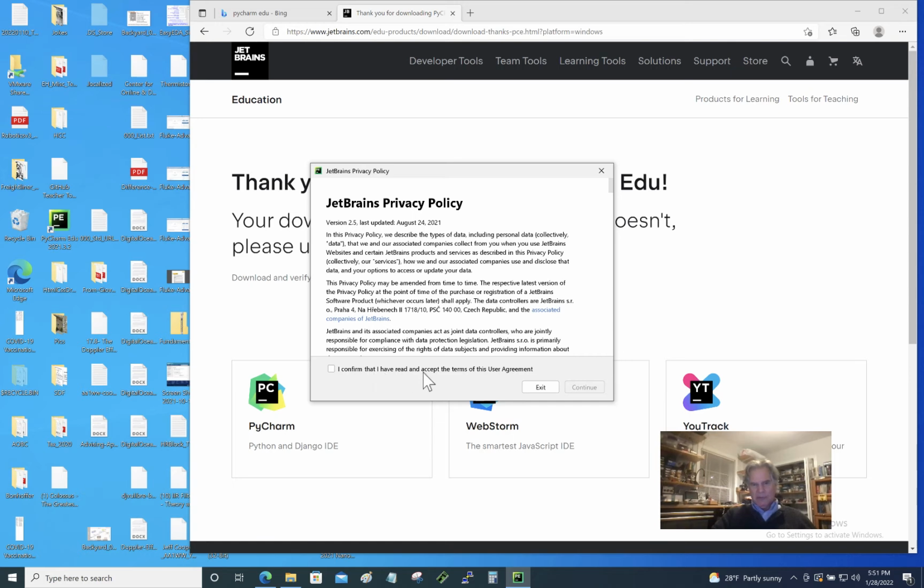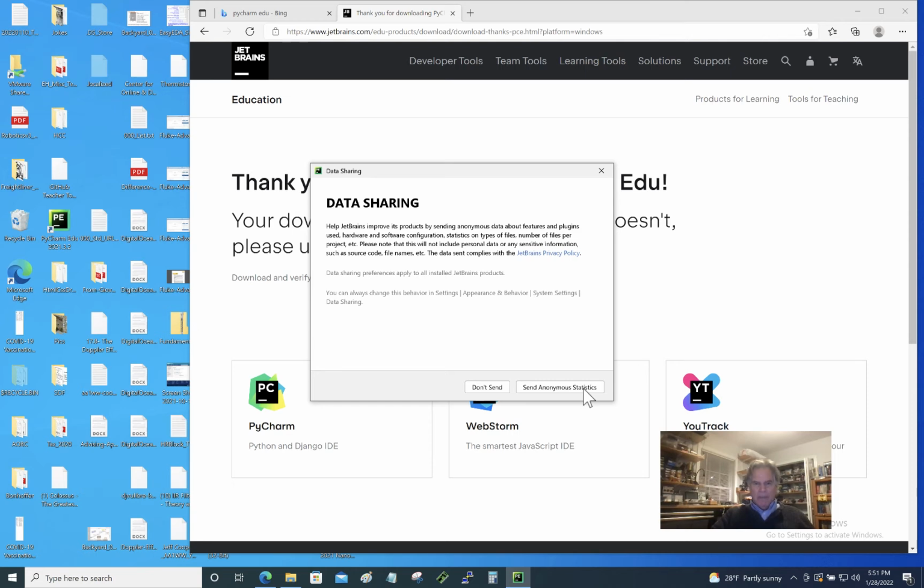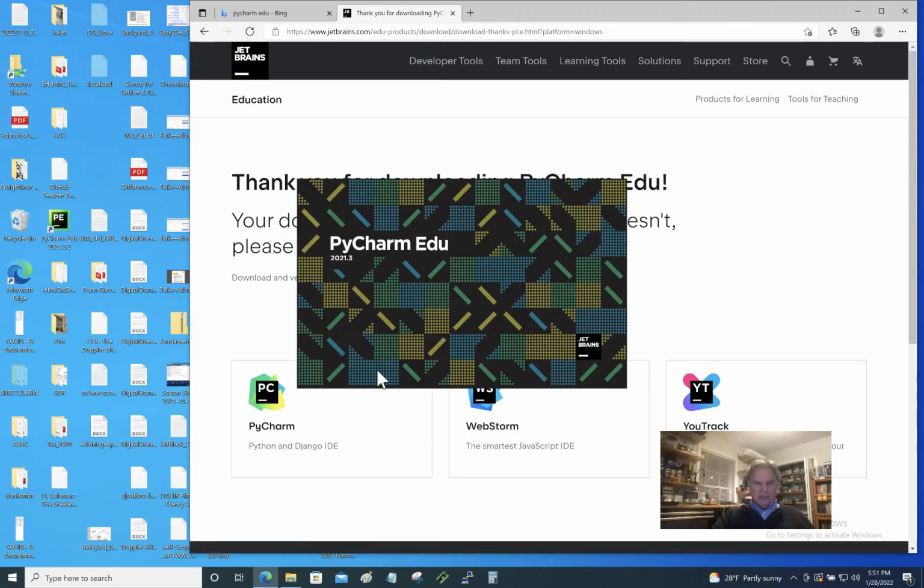I confirm that I have read and accept the terms of this user agreement, which I'm sure encumbers me more than I could possibly know. So I hit continue. Data sharing, oh yeah, we're wonderful, and I do send anonymous statistics because it tells them how many times people have to reboot because of something their program does, helps them improve their program. And of course, they wouldn't want any of my personal information. Here's the PyCharm EDU splash screen,